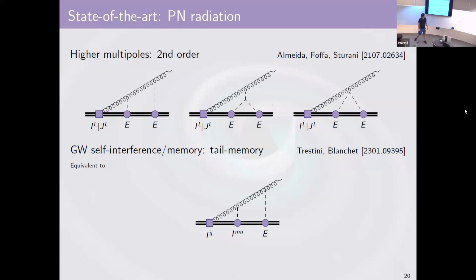And the current thing that we have in terms of gravitational wave self-interaction, which is also sometimes known as the memory effect, is the tail-memory order. So this is where we have, I should have a curly line there, two quadrupoles, quadrupole radiation from both that comes together, interferes with itself, and then further interferes with the background before it goes off to infinity. And this has only been done so far in classical field theory from Blanchet, and I believe one of his students. Yeah, but you haven't done the memory.